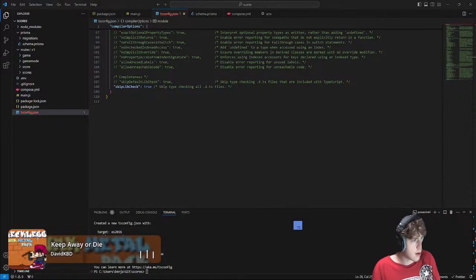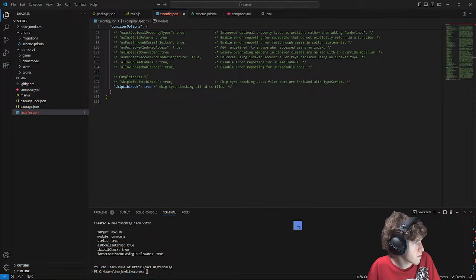Cat tsconfig. Yeah, I don't think I did inputs before.